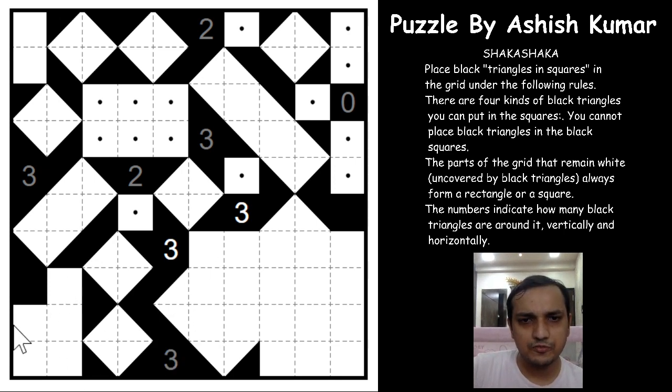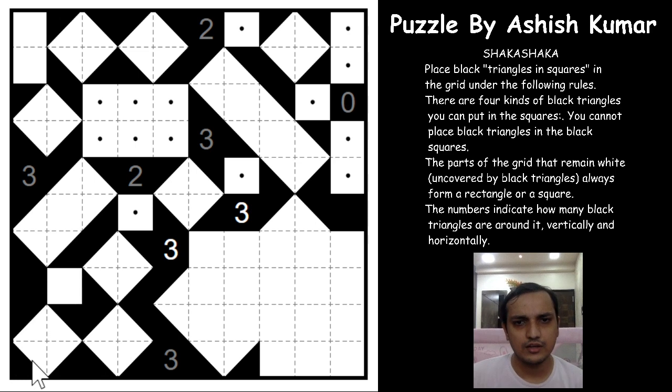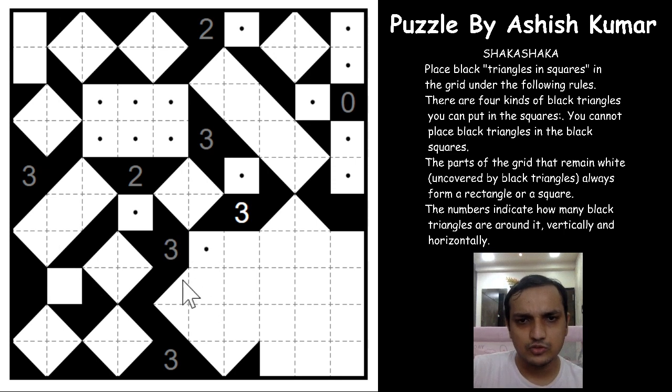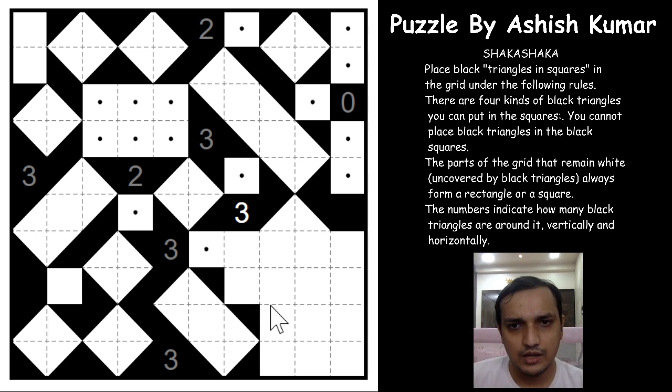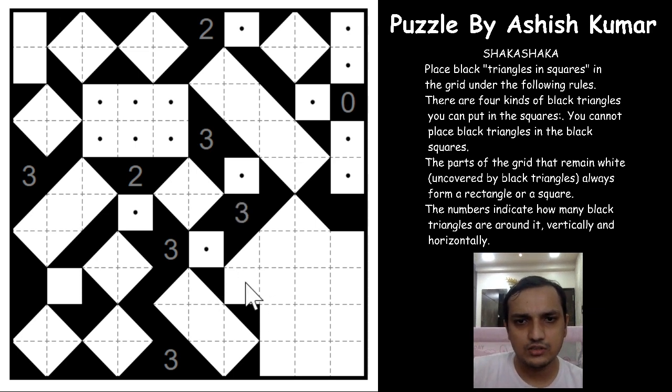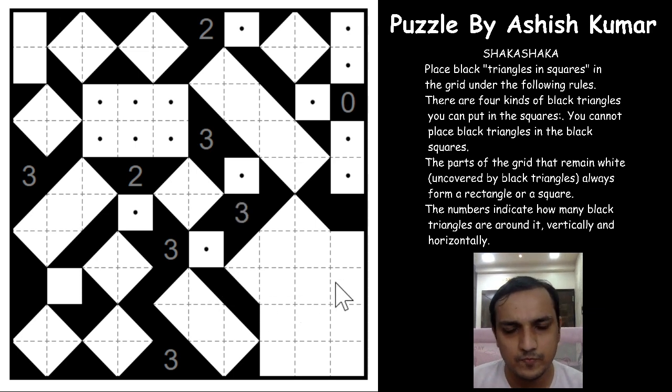For these 3, only one orientation now. So if you see, we have formed a different shape, but we have 4 cells to form another square here, and if you see all the white areas, they are either rectangle or square, so we have to continue this way. So for these 3 we have already 3 cells shaded and this will be unshaded. So this triangle now continues this way, and this cannot extend here, so this has to continue this way.